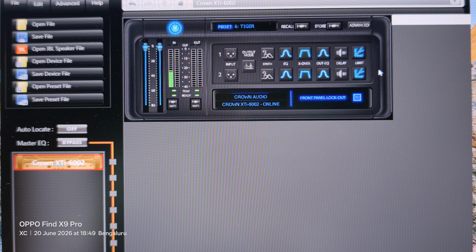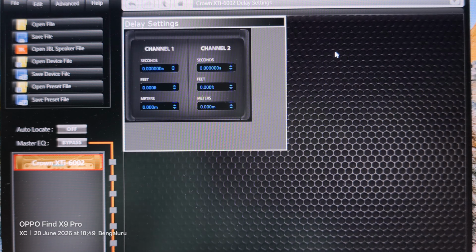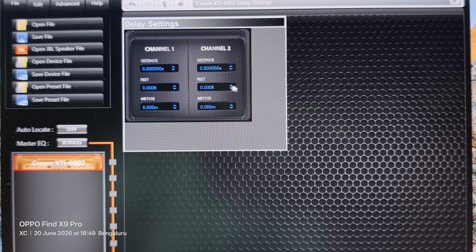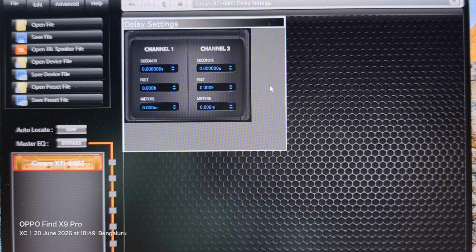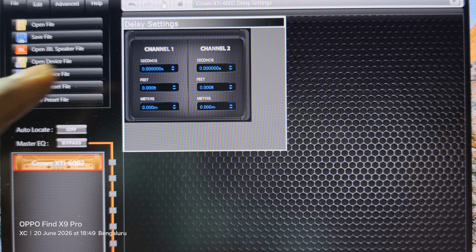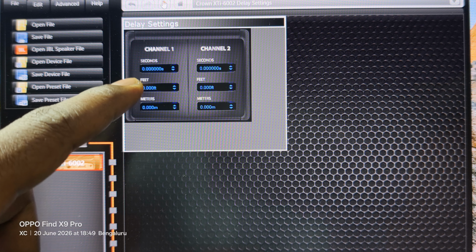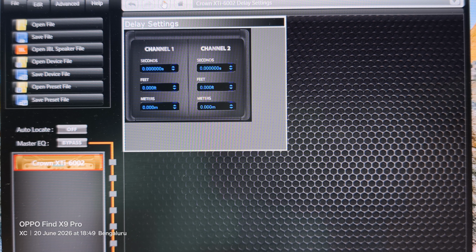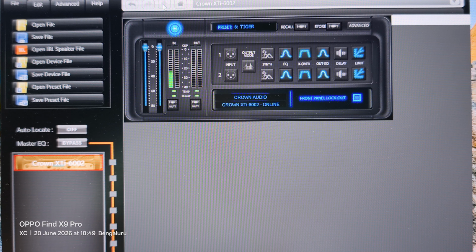next. Delay again is very much dependent on the speaker-to-speaker installation at the site. Based on that only, this needs speakers which produce bass, and how they are conflicting with each other. Based on that, we have to set this either in feet or meters or in seconds, either one. So we'll come back, and finally we'll go, this is again very important,